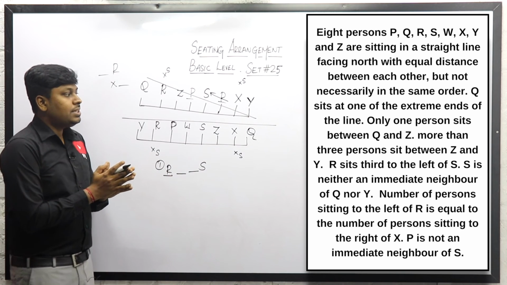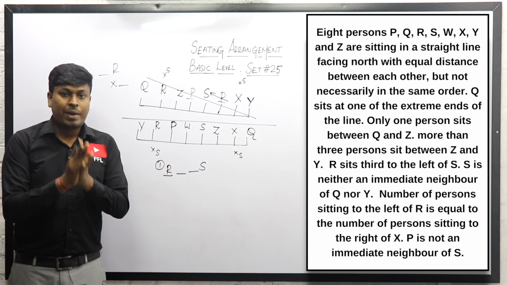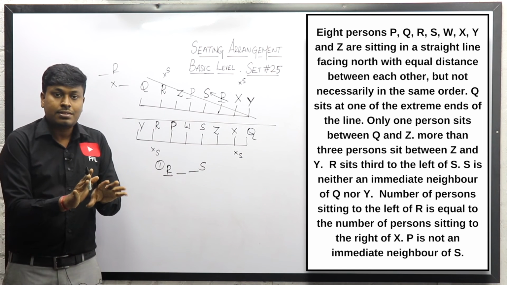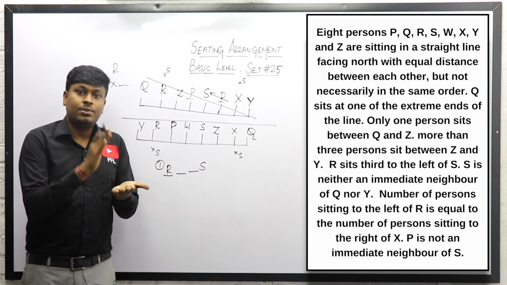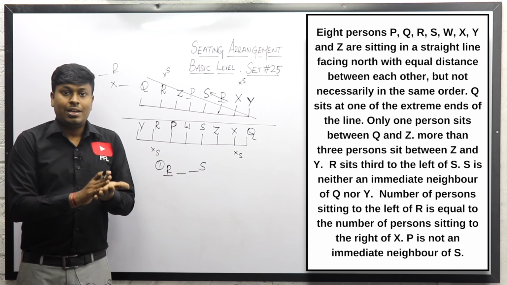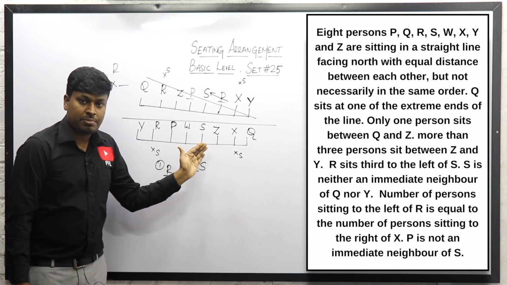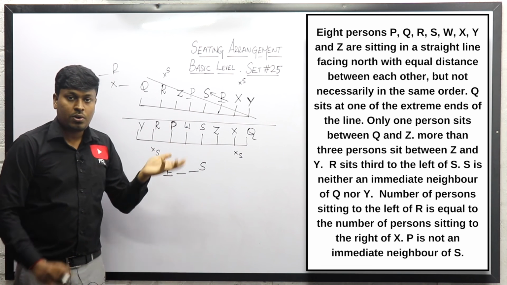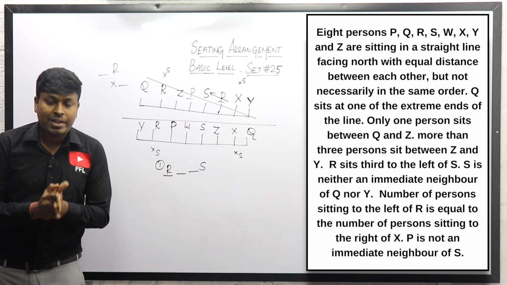So friends, in this set of basic level arrangements, we have posted 25 easy level arrangements. It is enough for beginners. The thing that you have learned in all the 25 arrangements is that even if the question is easy, you should go with a minimum of 2 possible diagrams, only then can you solve the question within 1 or 2 minutes.